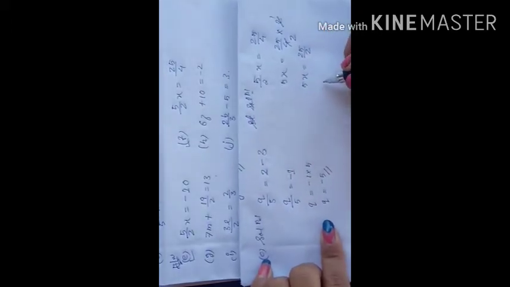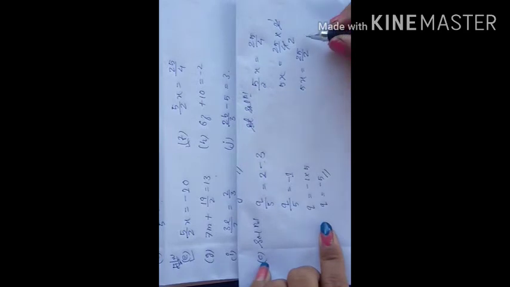Now this 5 we have to transpose to the right hand side, so multiply will become what? Divide. Divide means it will be in the downside, isn't it? Divide means it will be multiplied with the denominator. So 2 into 5. Now 5 1s are 5, 5 5s are how much? 25. So what we got? x equal to 5 upon 2. So the remaining value, x equal to 5 upon 2.